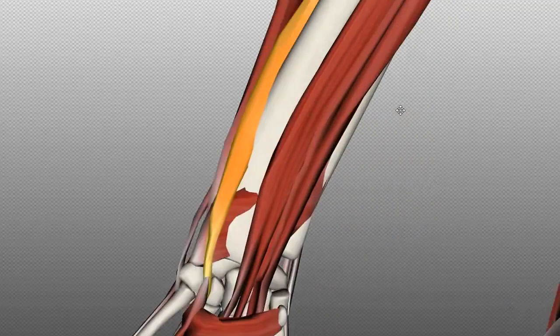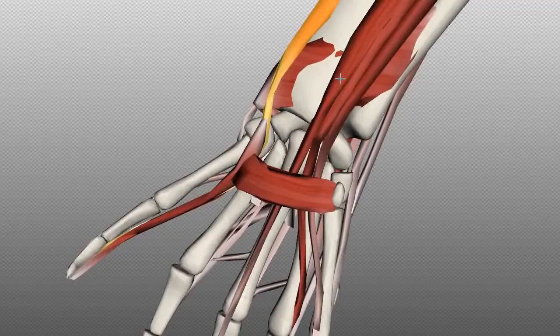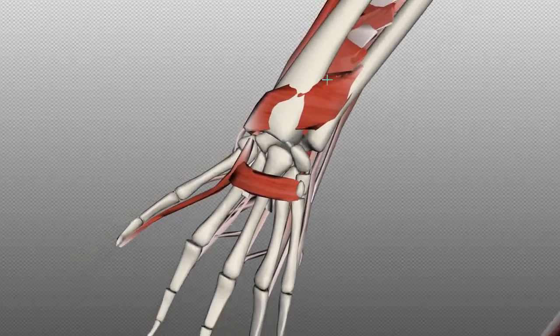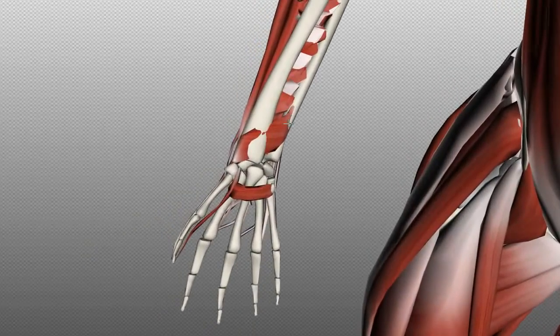So the final muscle of the deep layer is the pronator quadratus, which lies underneath the tendons of the flexor pollicis longus and the tendons of the flexor digitorum profundus. So from its rectangular shape, quadratus referring to its four sides. So I've just removed the flexor pollicis longus and the flexor digitorum profundus, and you've got this